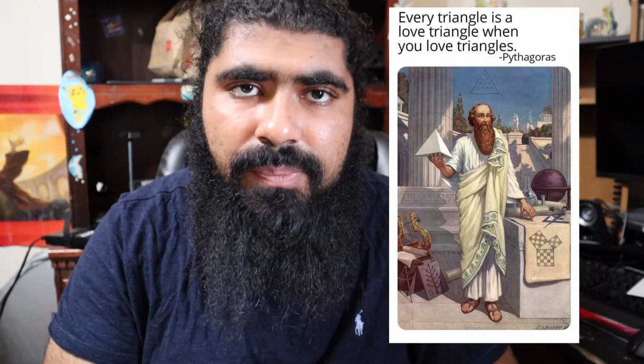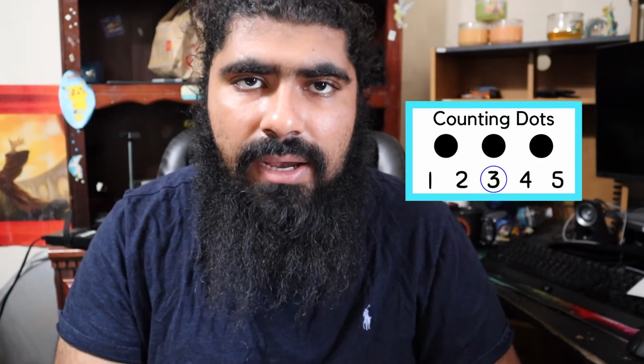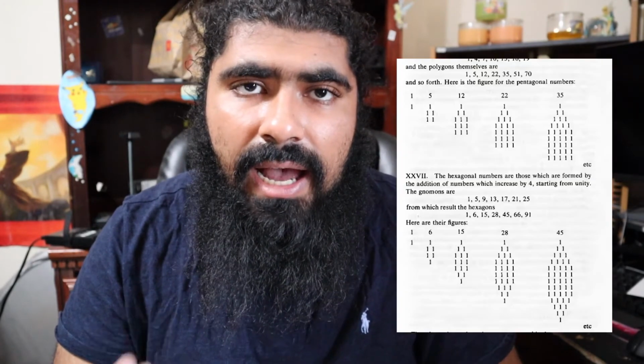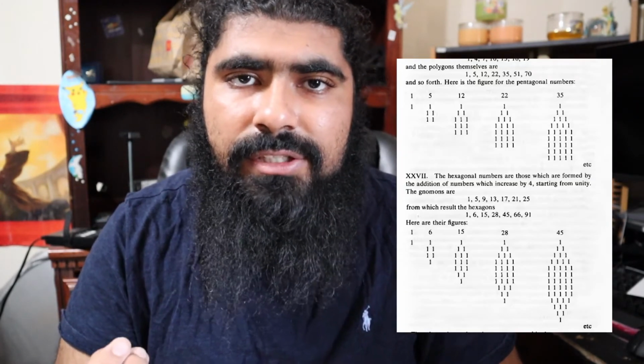But to simply cut to the chase, the reason why numbers are split into even and odd largely roots back to Pythagoras. Now, to set the stage as to where these ideas come about, you have to think, how did the Greeks handle numbers and how did they handle mathematics? During this time, most of the Greeks actually used dots to count, and much of mathematics looked at how can we split numbers into shapes.